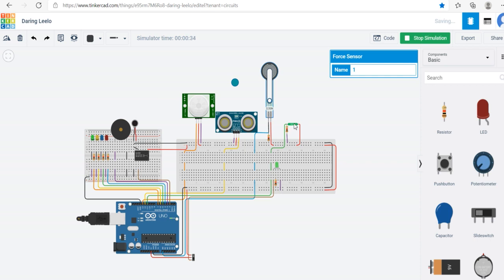Now I will make changes in the tilt sensor and we'll observe the changes in the red LED and also in the alarm. Notice that the red LED has started to blink and the buzzer alarm has also started, but this time the sound is a little bit different than the previous one and it's a bit higher also, indicating that this is a heavy alert.